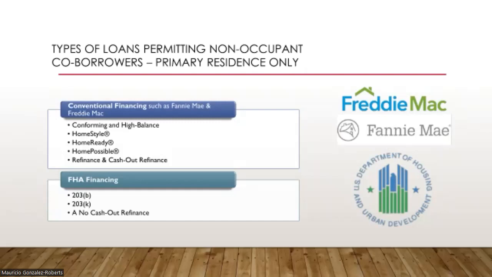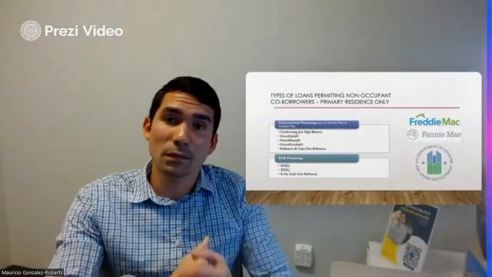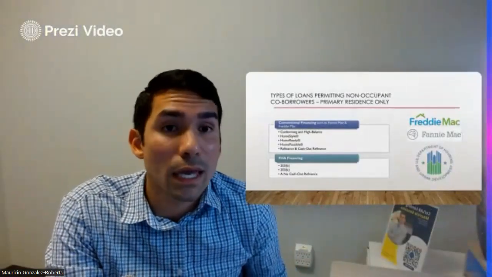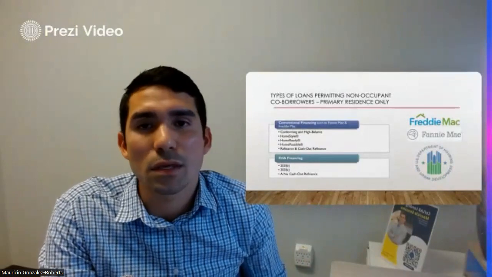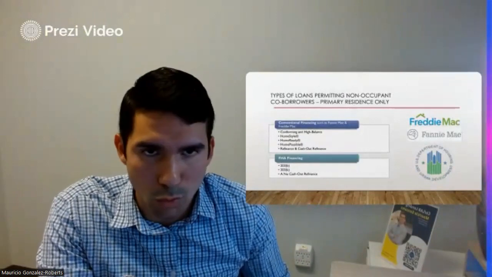And when it comes to buying a home or refinancing, depending on your situation, you might need to have a non-occupying co-borrower to help you qualify for the loan. Examples of those situations, we see this very often, it's unfortunate, but like separations or divorce, are very good examples of when a non-occupant co-borrower may be required on a refinance. For FHA financing, when it comes to non-occupant co-borrowers, we can use it for standard FHA financing, also known as a 203B. We can use it for rehab programs as well, which are 203K loans.